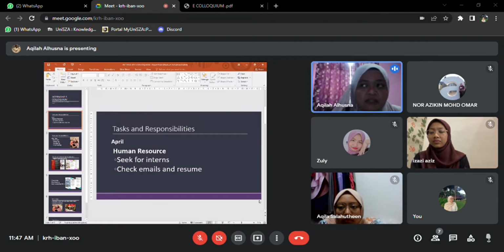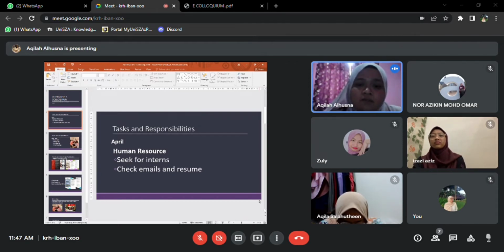Once it is done, all those forms will be inserted into specific files. That is all for the human resource tasks and responsibilities.